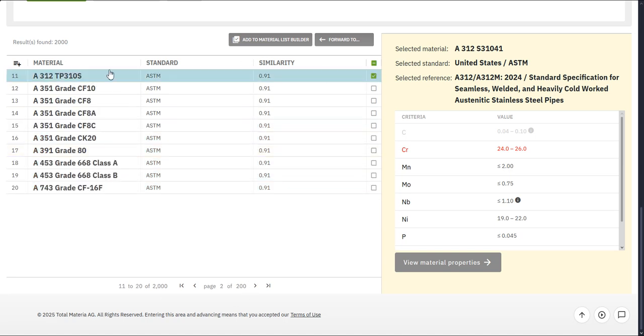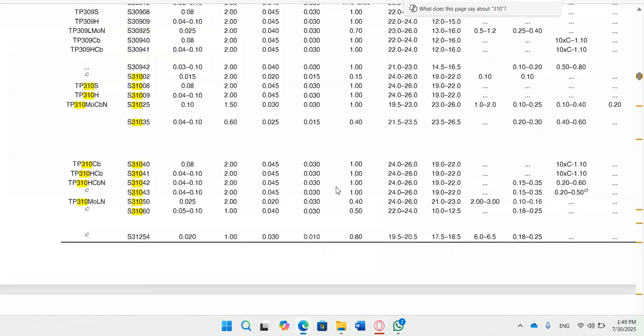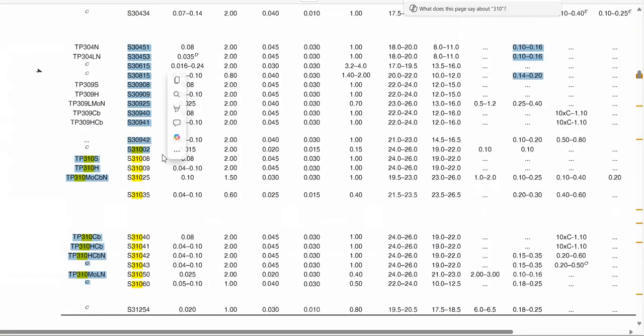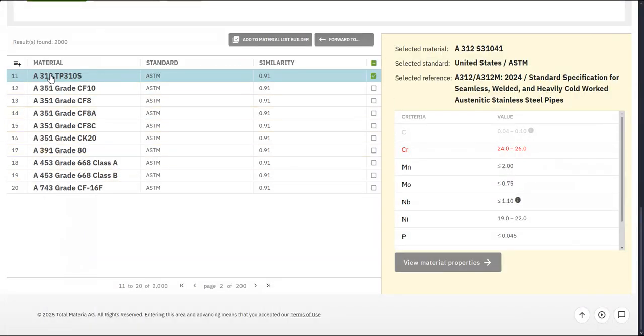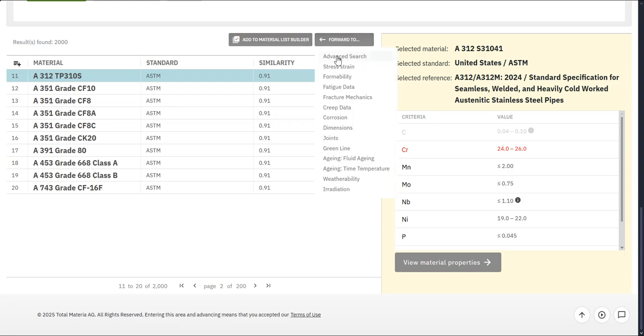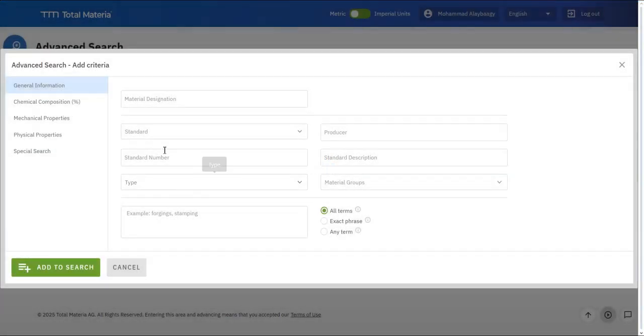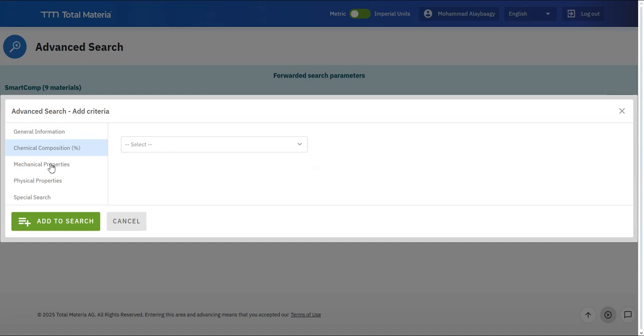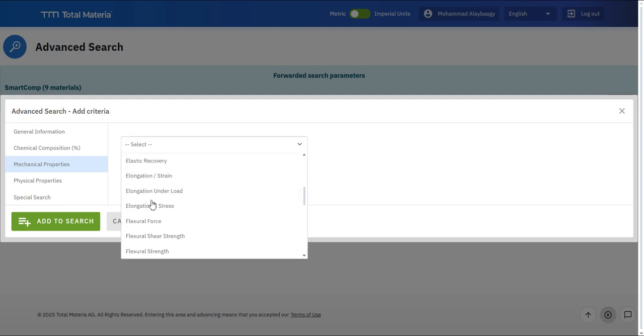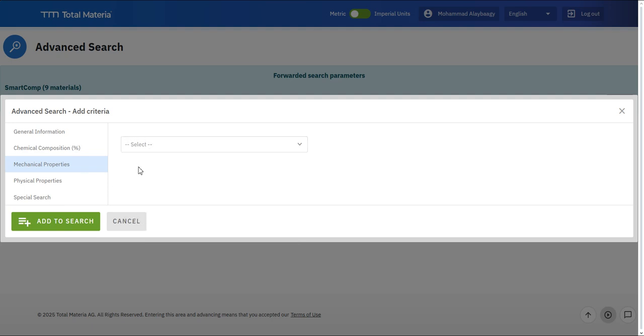So for example, this one as well, you see this one is TP3110S from the standard again, from the exact same standard we have right here. Some of them are the same things, but anyways. So we will click forward, we will click to advanced search, and then here we know the chemical composition. If you want, you will choose mechanical properties. You will also put mechanical properties, and then from this you can narrow your search down to one material again. Okay, but just like I said,